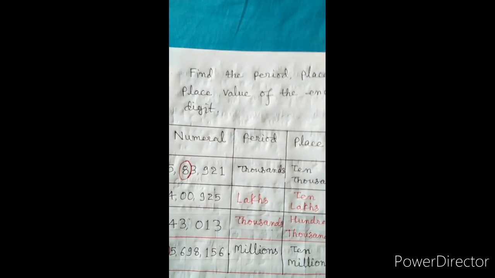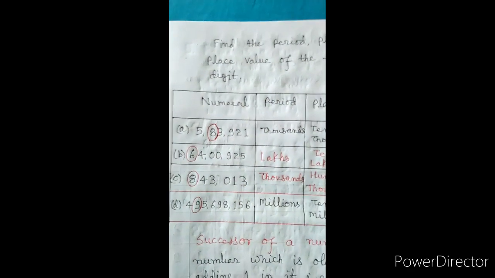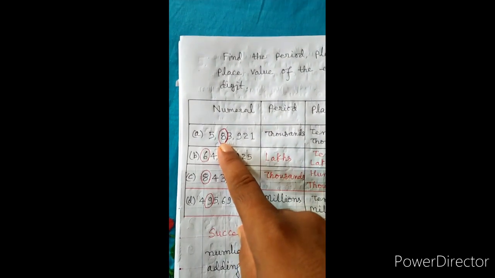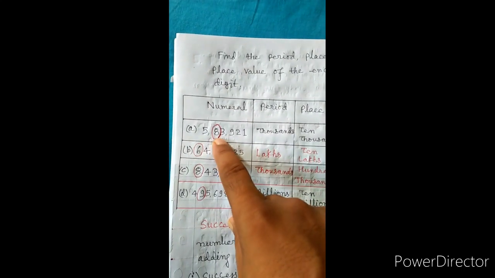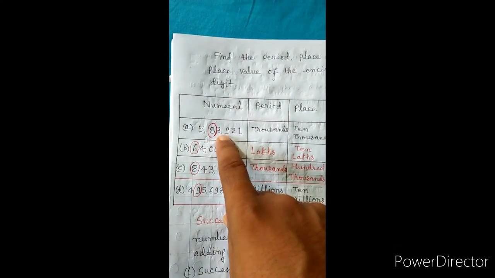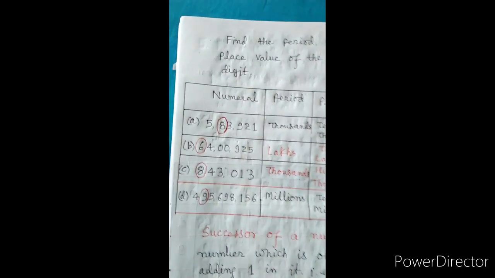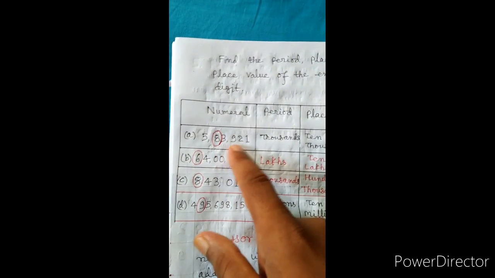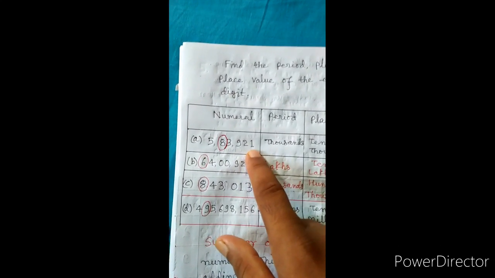Now find the period, place and place value of the encircled digit. Here 8 is encircled. This is ones period, this is thousands period, and this is lakhs period. Commas show here that this number is in Indian place value system, because here are 3 digits in ones period